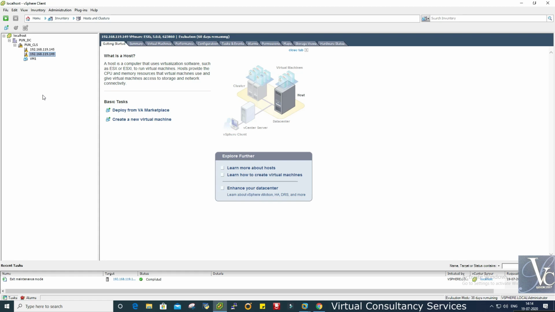So that will not impact your VM. The VM is an end user VM, so that should not be impacted at any time. That's why we put that ESXi host into maintenance mode, and then we perform any task or activity on that server.